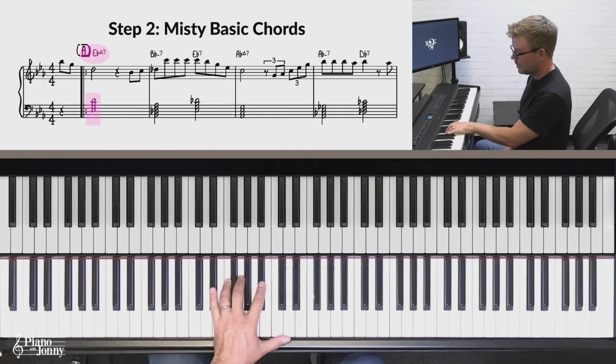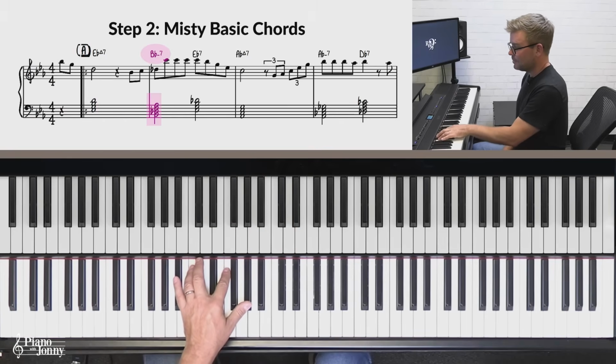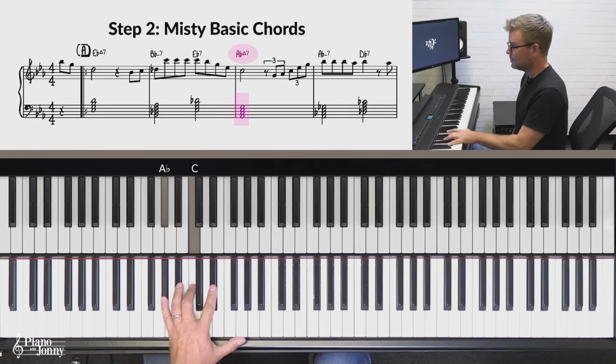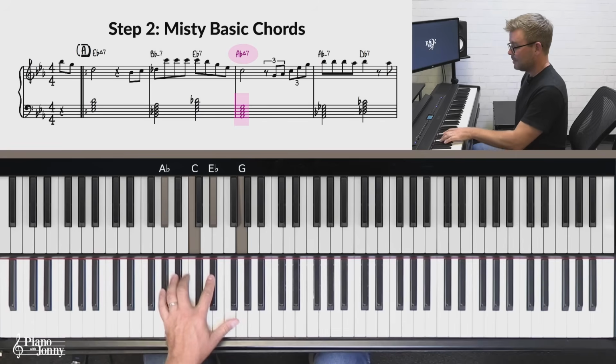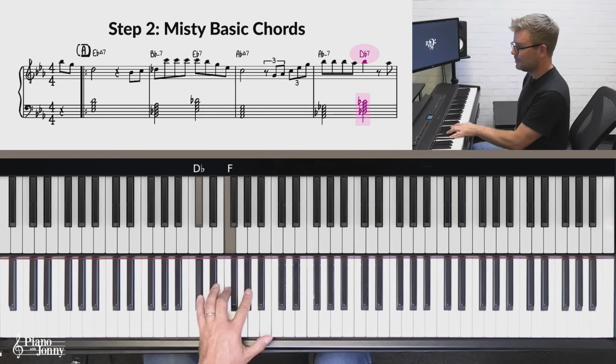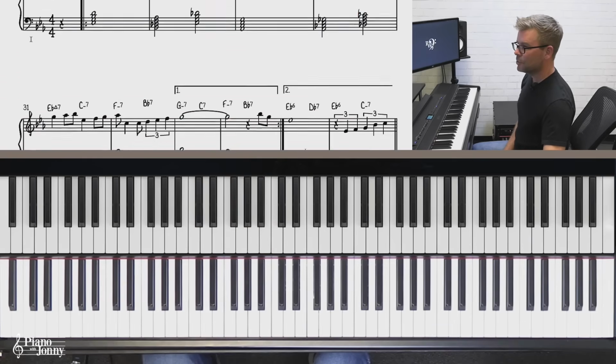In our left hand, we're going to play root, 3, 5, 7 of E flat major 7. The next chord is a B flat minor 7, so we have root, 3, 5, 7 there. Here's our E flat 7, then to A flat major 7, then to A flat minor 7, to D flat 7,